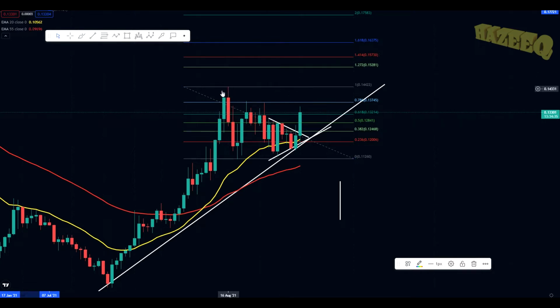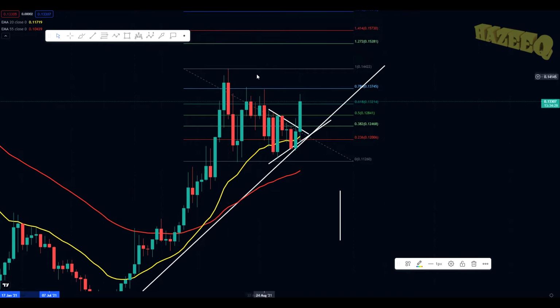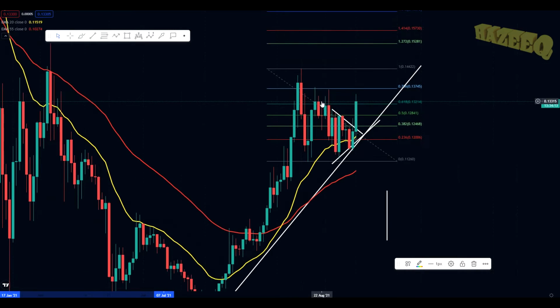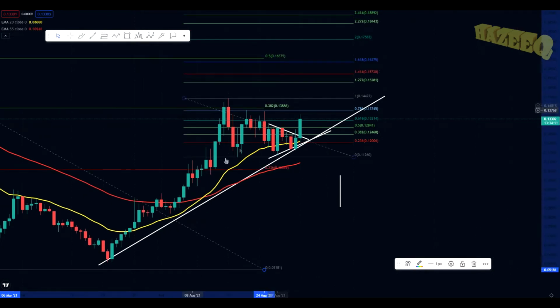Because if we don't make a higher high and we get rejected off of this level over here at 0.1422, then potentially what is going to happen is we're going to create a double top, which is a bearish pattern, and you just start correcting from there, and you lose this neckline, and you have a breakdown target. I'm just going to give that breakdown target right now, but I just want to bring the fib back up. So we do have a larger fib over here,